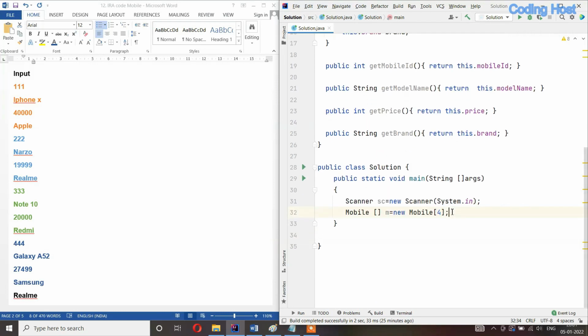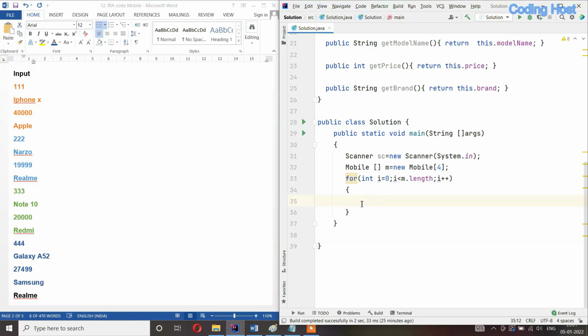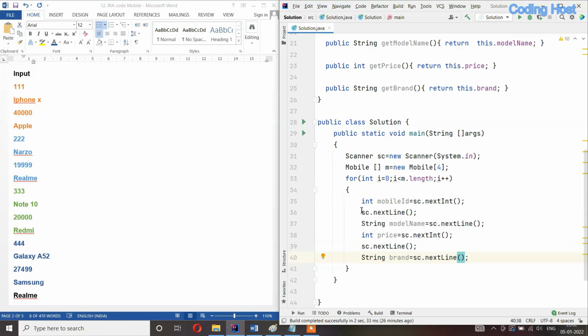After that I will take a for loop for int i equal to 0 and i less than m.length and i plus plus. Now in this for loop I will declare those 4 variables to take their input. Here you can see that I have taken the input for these 4 variables: mobile ID, model name, price and brand.